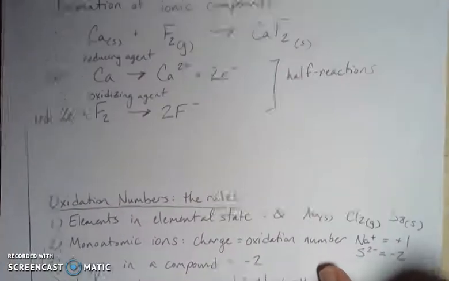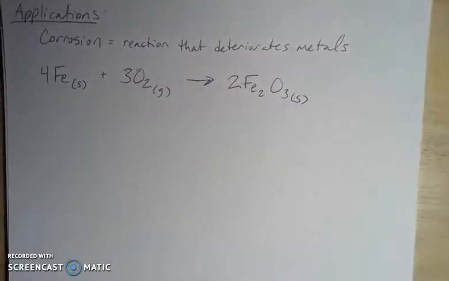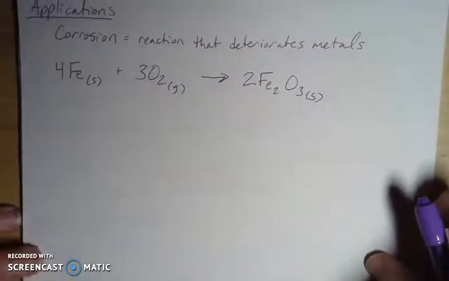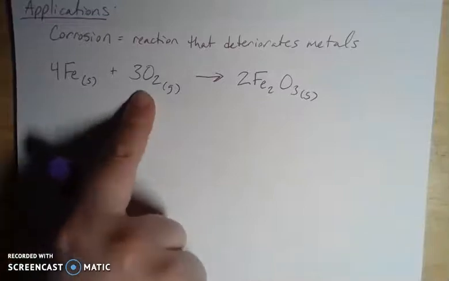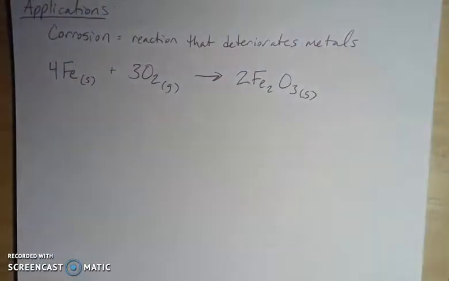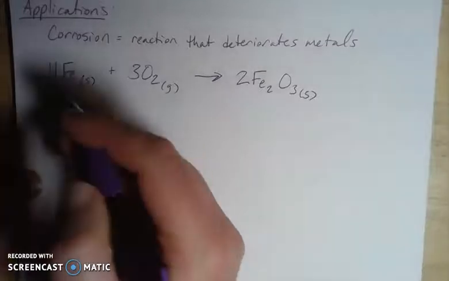Let's apply them to another type of chemical process. Let's look at corrosion, which is any sort of chemical process that deteriorates metals. Think about rusting, for example, which is the reaction that I have here. If I take iron metal and stick it outside, it reacts with the oxygen here and forms iron oxide. If I wanted to assign oxidation numbers to this, iron is in its elemental form,